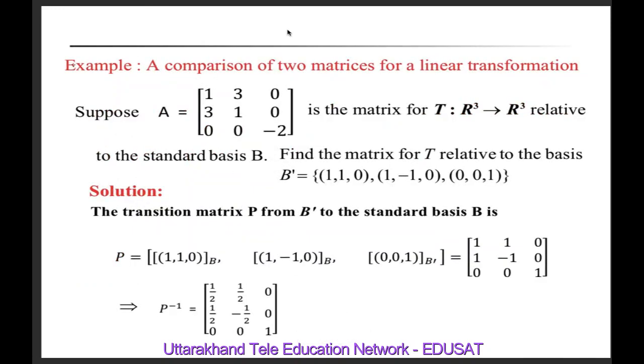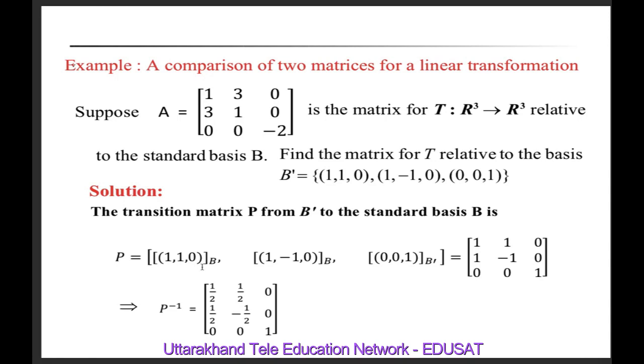Now, comparison of two matrices for a linear transformation. Suppose A is equal to [1, 3, 0; 3, 1, 0; 0, 0, -2] is the given matrix for the transformation T from three-dimensional real space to itself relative to the standard basis B. Find the matrix of T relative to the basis B dash: (1, 1, 0), (1, -1, 0) and (0, 0, 1). The transition matrix P of B dash to the standard basis B is